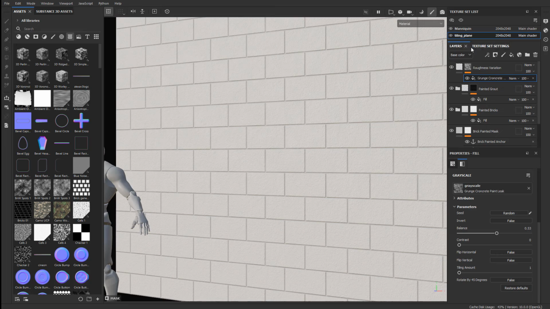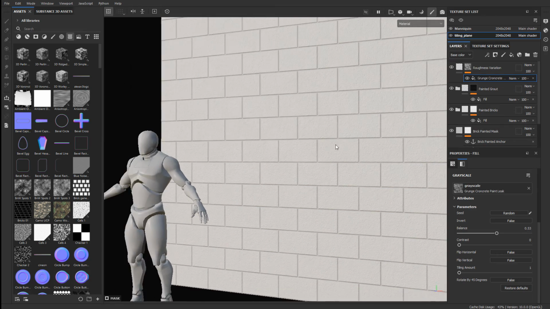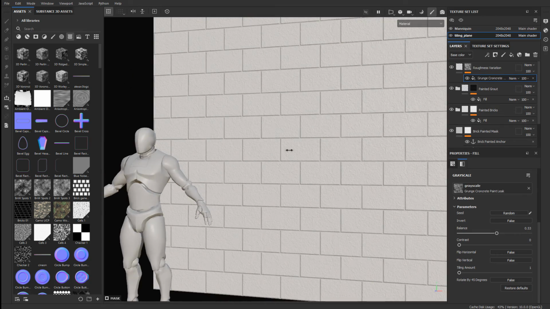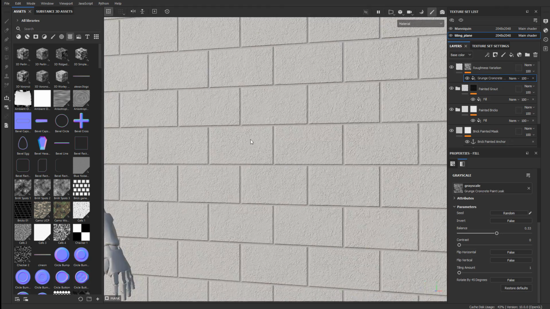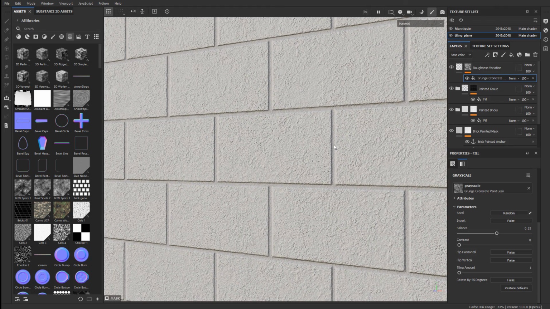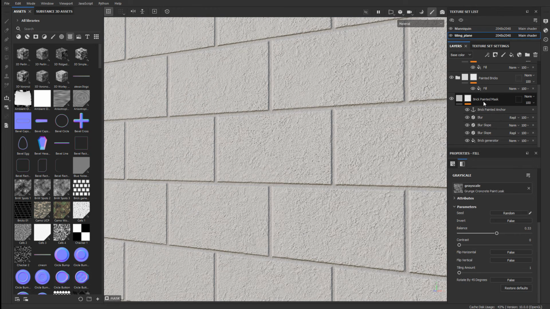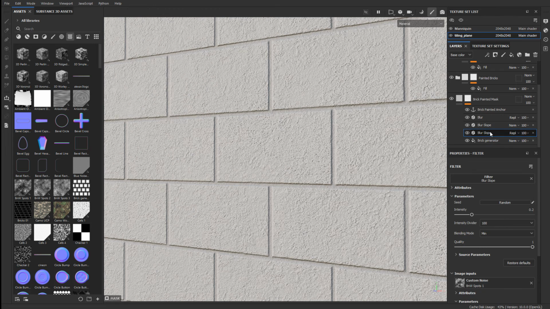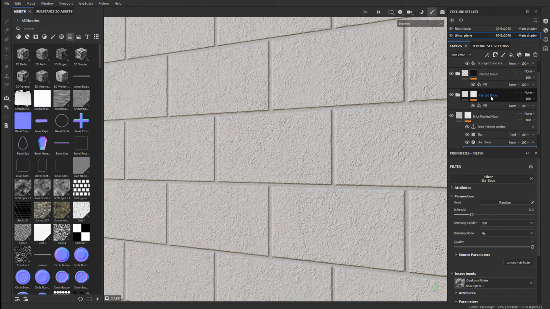So at this point, our layers are done. Everything is set up. All you would need to do is come back through layer by layer and make any adjustments you need to finish everything else up. You can come back down to the brick painted mask and adjust the blur, the slope blur. You can even adjust the brick generator of how much the cinder blocks are tiling. So you can come back through any of these layers, adjust it to exactly what you would want your final result to be. And once you are